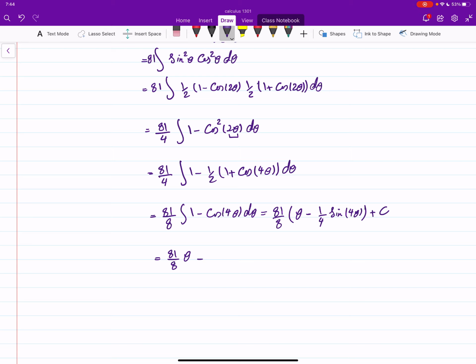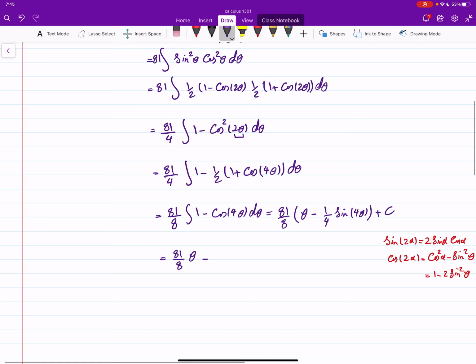Remember the double angle formulas: sine of 2 alpha is 2 sine alpha cosine alpha, and cosine of 2 alpha is cosine squared alpha minus sine squared alpha, or I could use 1 minus 2 sine squared. So in this case, if I apply it once, I will get